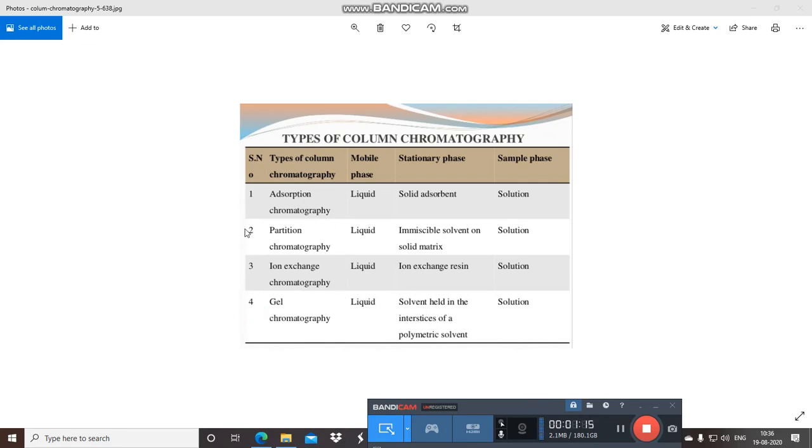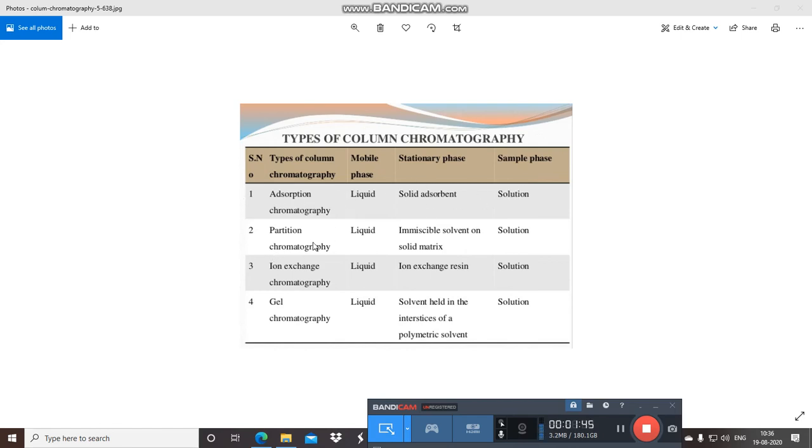In all these types of chromatography, particularly partition, ion exchange and gel chromatography, we use columns. And columns, for example in partition like GC, can also be circular. It is not necessary that the column is of this shape. In adsorption, the mobile phase is liquid, whereas the stationary phase is solid. We have covered this. This is normal phase chromatography, that is adsorption.